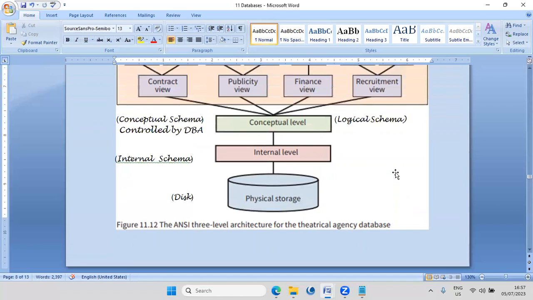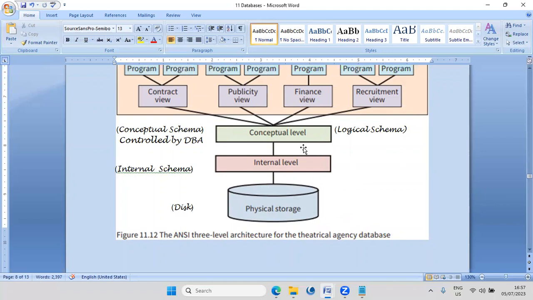First, you start with the physical storage, the hard disk. Then you go to the internal level, which is very close. The very next level is the internal level, also called internal schema. You have to be familiar with these terms, internal schema. Then comes the conceptual level, which is also called logical schema. So the conceptual schema is controlled by the DBA. DBA is the database administrator, the one who